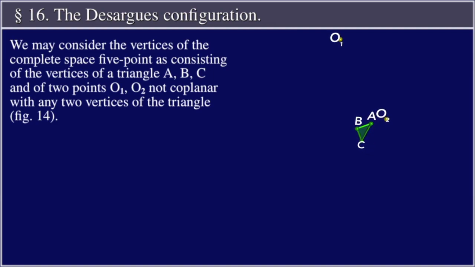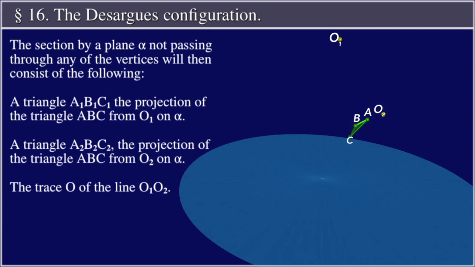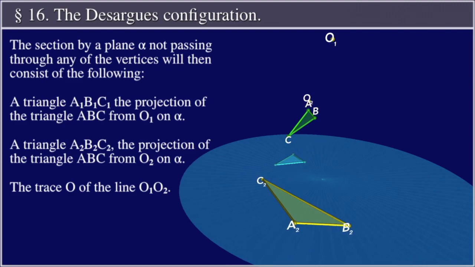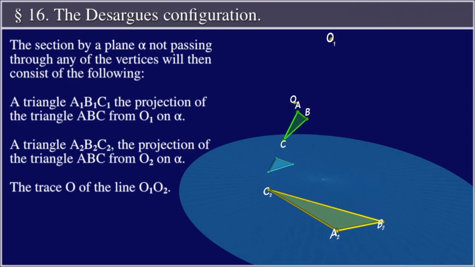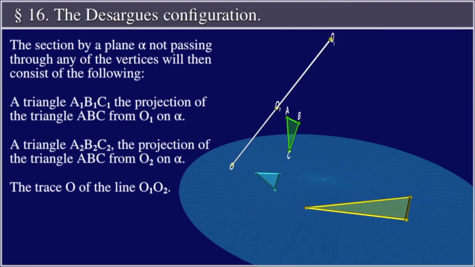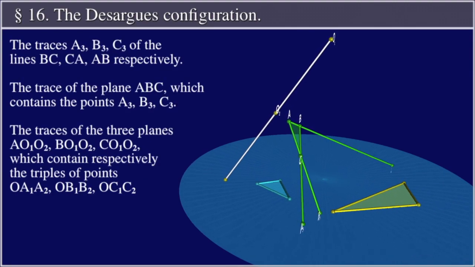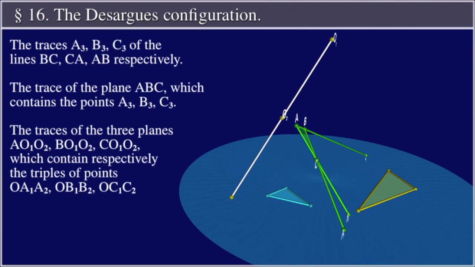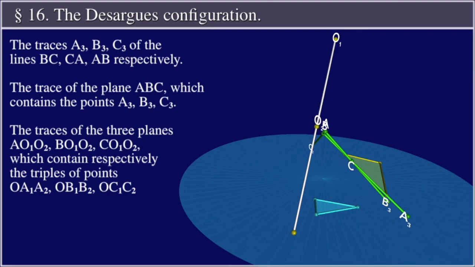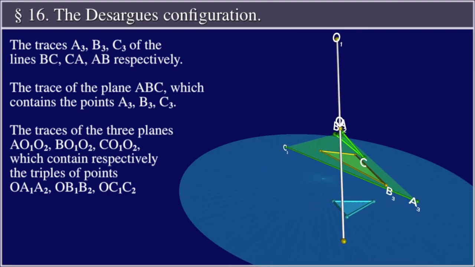Figure 14. The section by a plane alpha not passing through any of the vertices will then consist of the following: a triangle A1, B1, C1, the projection of the triangle ABC from O1 on alpha, triangle A2, B2, C2, the projection of the triangle ABC from O2 on alpha, the trace O of the line O1, O2, the traces